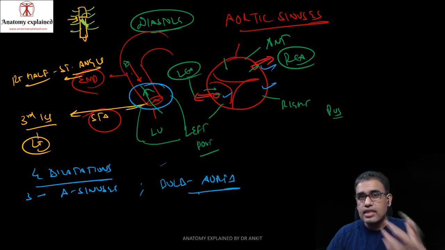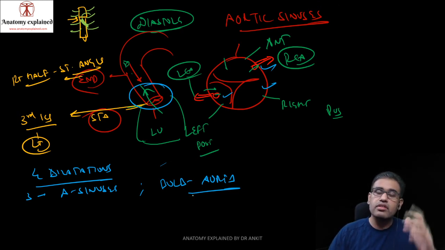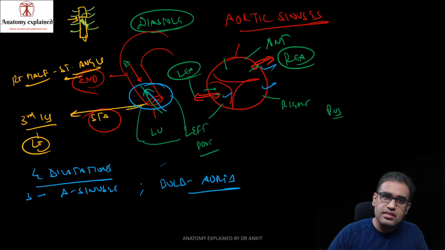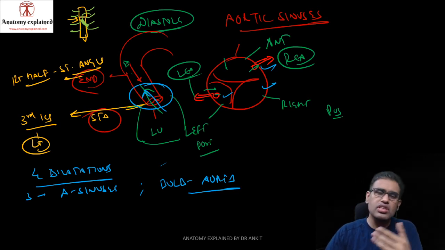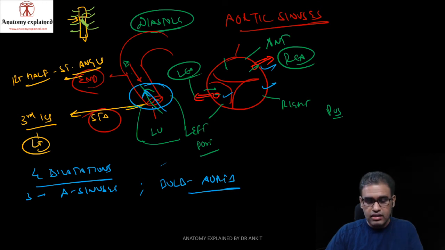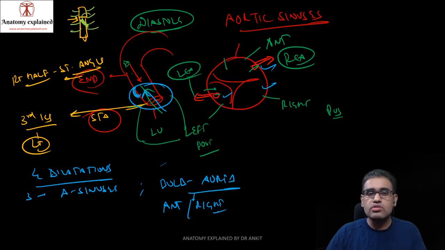So what happens is that as the LV wall is the thickest, when it goes into systole, a lot of pressure goes into that flow of blood. As that blood strikes the ascending aorta, there's a wall, the anterior wall of the ascending aorta, more on the right side, which bears all the brunt of that blood coming from the left ventricle. So it forms a small swelling, a small bulb over here, that is known as the bulb of aorta. It is the site in the ascending aorta, more in the anterior wall close to the right side, where we have that small bulb of aorta.